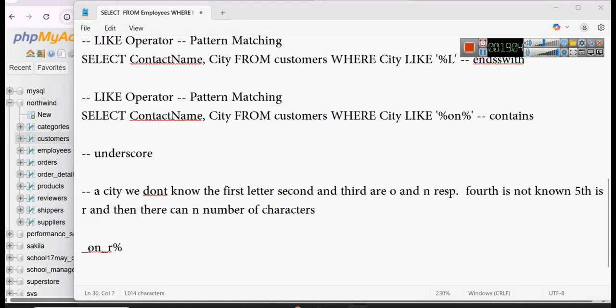See again, the first is not known. We don't know the first letter. So underscore is used when we know the exact amount of characters. When we know the exact amount of characters, then we write underscore. So are we saying we don't know how many characters are there? In starting, we are not saying that. We are saying, so when you will write this,